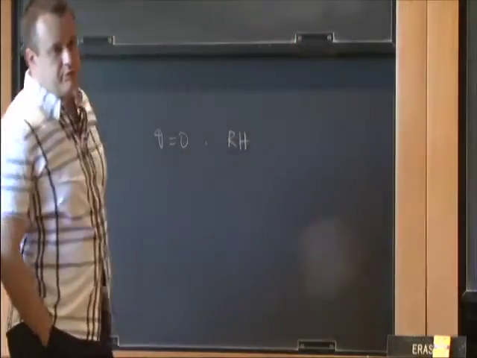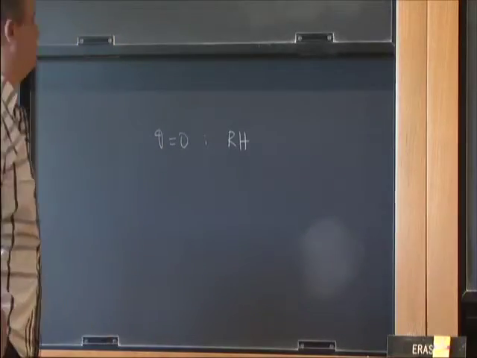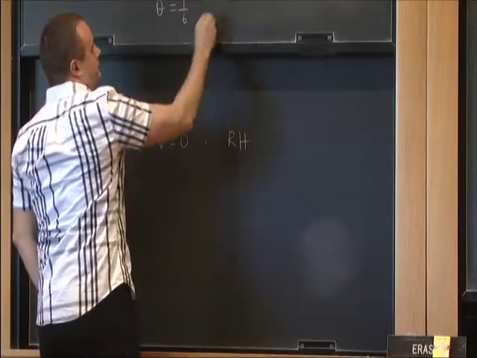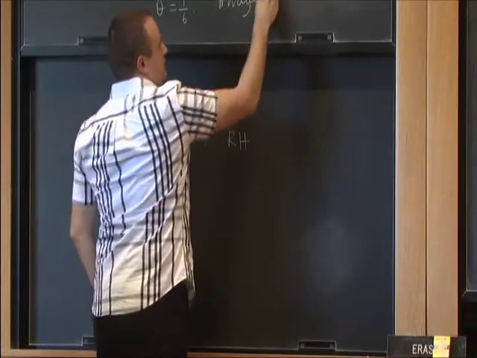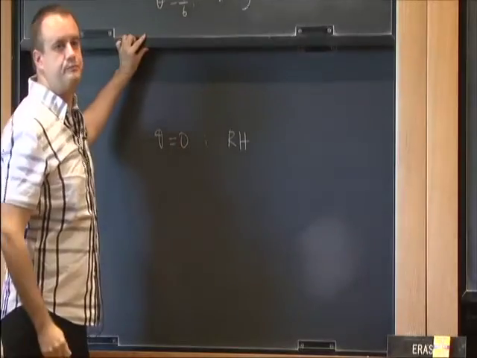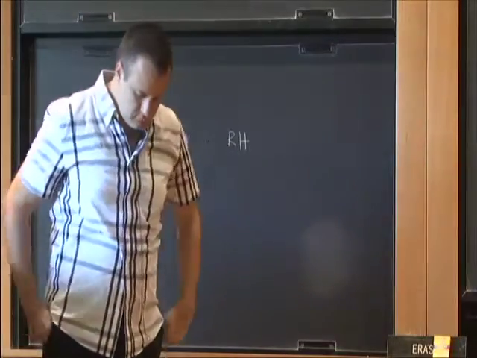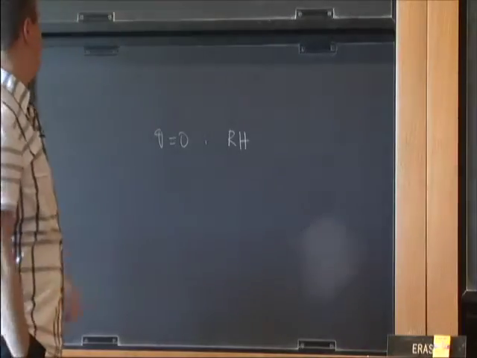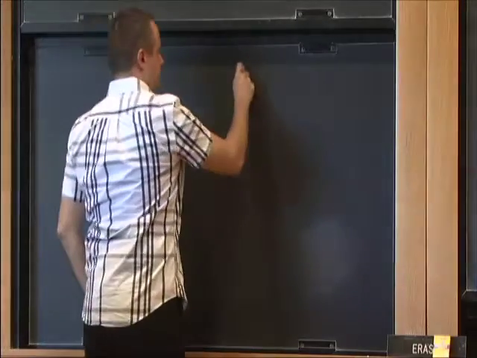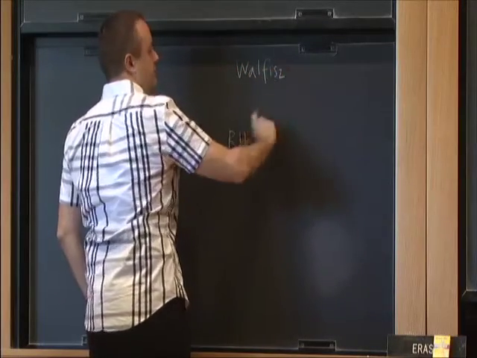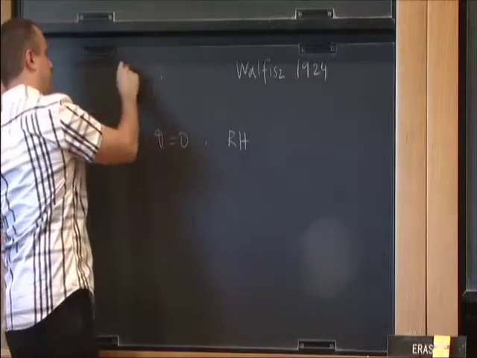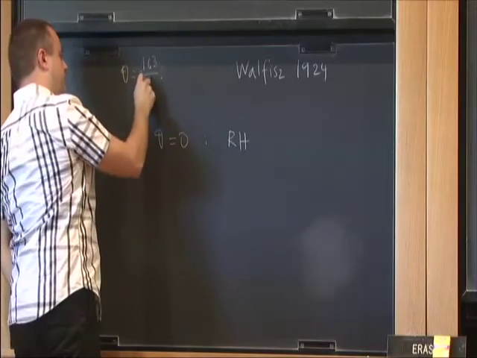This estimate was improved initially by Hardy and Littlewood, in maybe 1916 or so, to theta equal to 1/6. They used a technical device that's known as the Weyl differencing. It goes back to Hermann Weyl. This stood as the best estimate for a while, and then it was improved by Walfisz. I believe he was the first to improve this, in 1924, to the value of theta of 163 over 988,